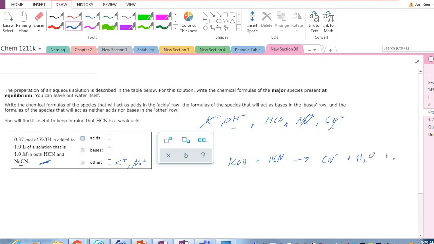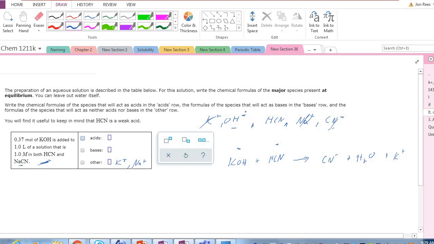Of course, the potassium is there just to hang out for a bit. Okay, so that's the only chemistry that I see. I again know that strong acids react to completion with weak bases, and strong bases, which we have here, react to completion with